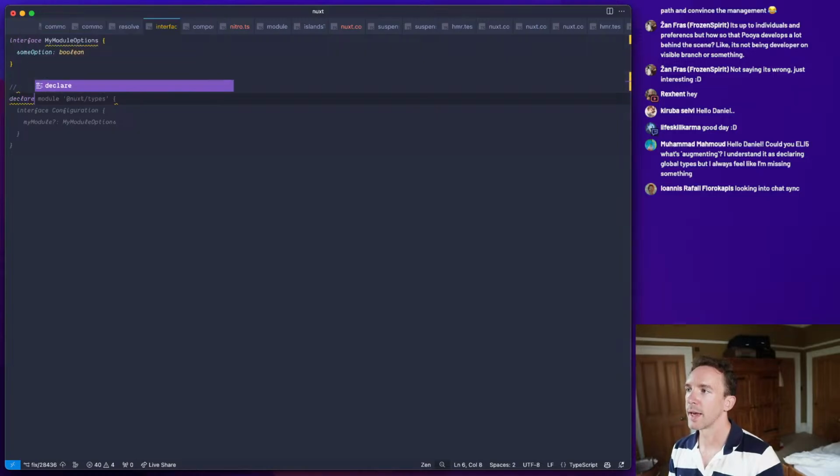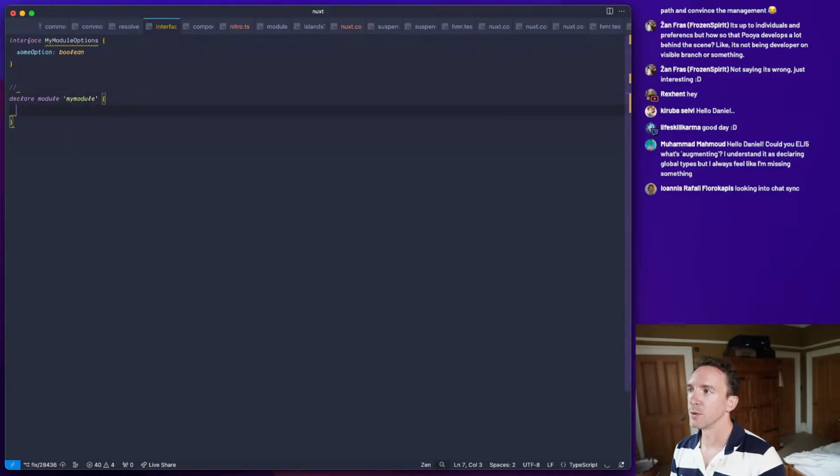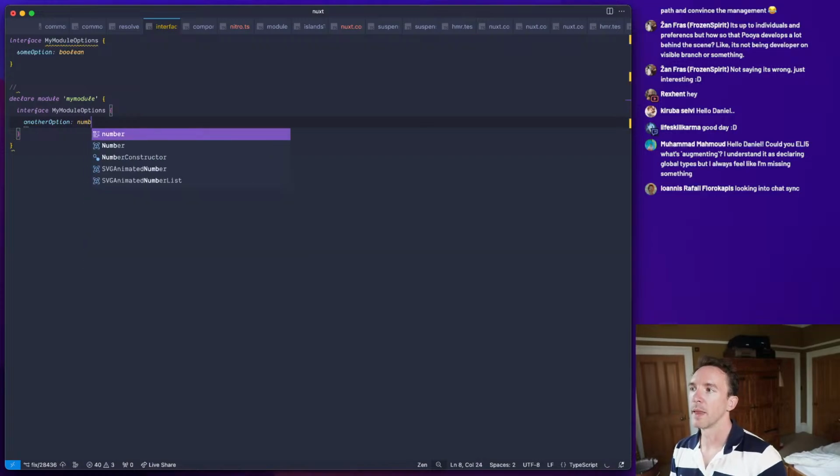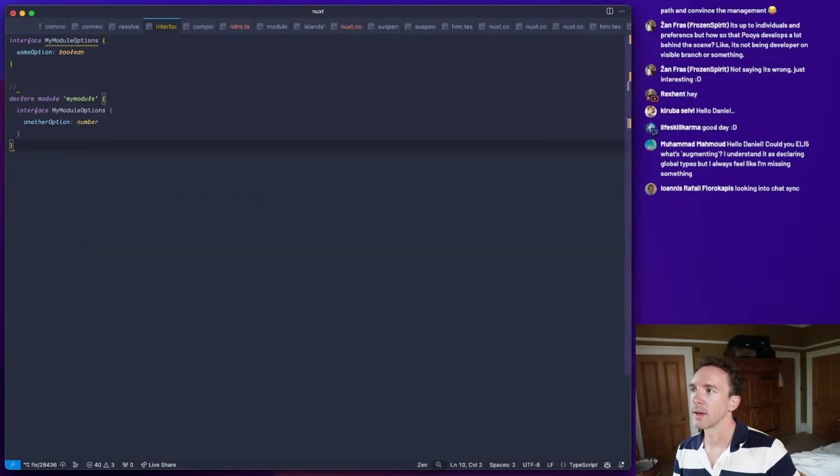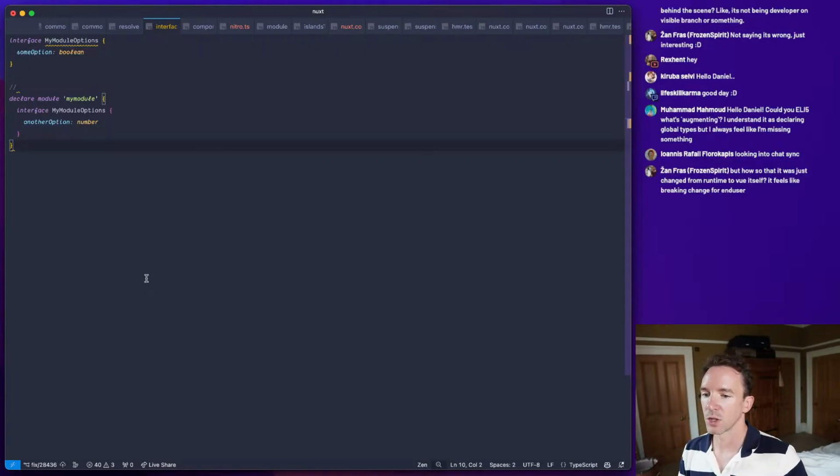So you would do declare module, my module, and you would do something like interface my module options, and you would say another option, number. And now when somebody uses that, they would have both of these merged together. So they'd have another option and some option along the line,